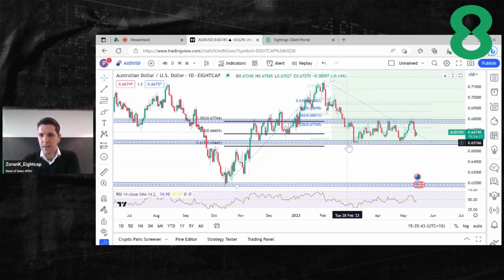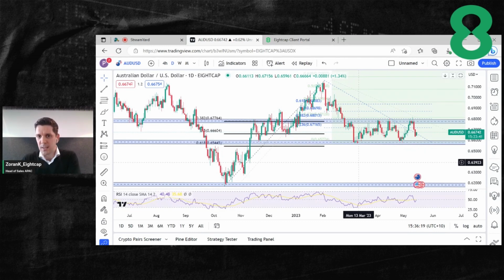The major support level here is at 0.66 cents. So that is the key defense line and the major level where, with any weakness from Aussie, we could potentially see a bit of a halt. To the upside, we can see that the 0.68 level mark provides a key resistance level, and it has done so on 3 or 4 occasions in the past as well. So ahead of RBA minutes tomorrow and retail sales figures as well,